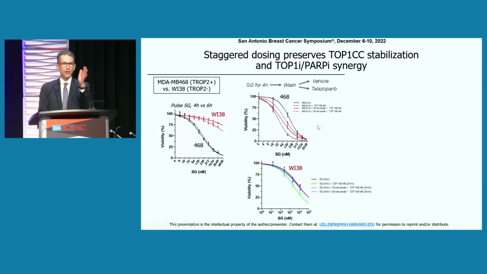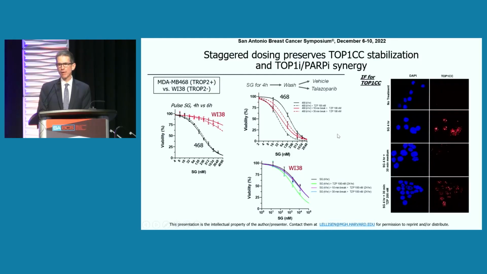Naturally, the longer you wait, the longer the interval between the two, the less it becomes, but nevertheless, quite potent synergy for the two separated in time. It doesn't occur with normal cells because you have little drug in normal cells and they're not intrinsically sensitive to either PARP or topo-1.